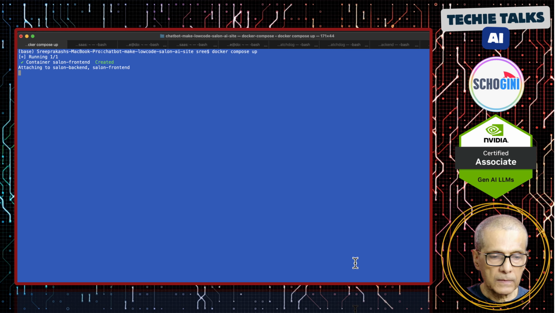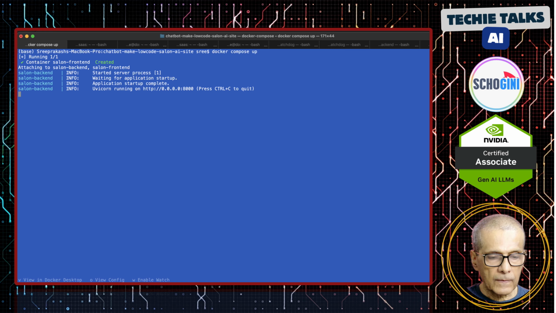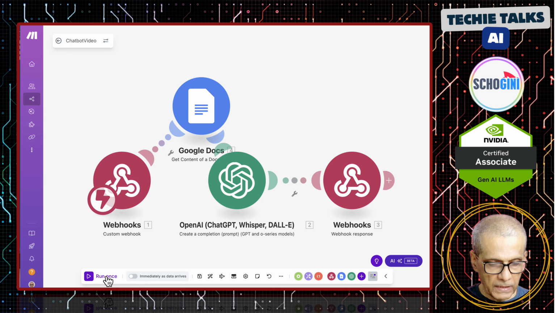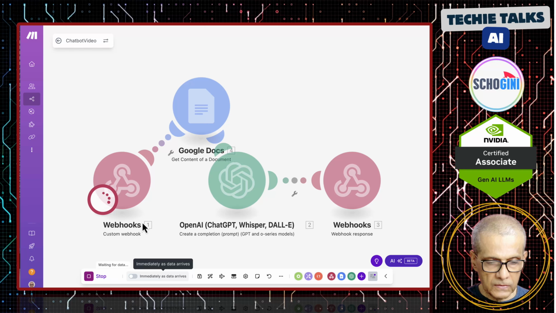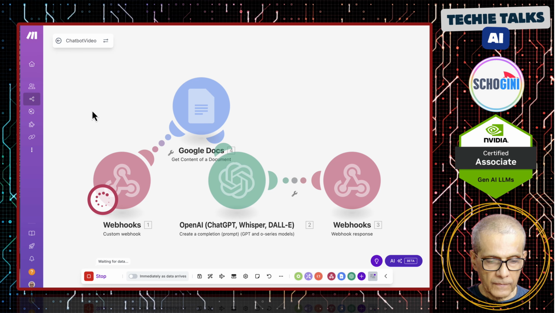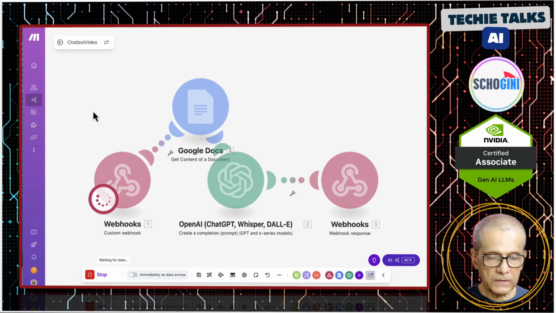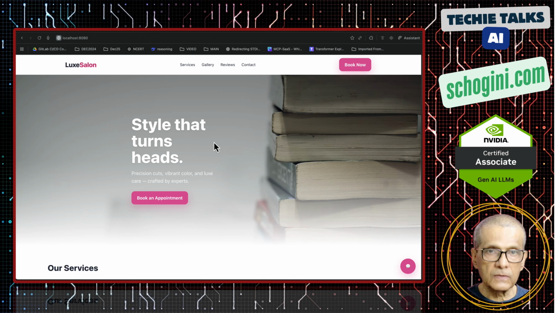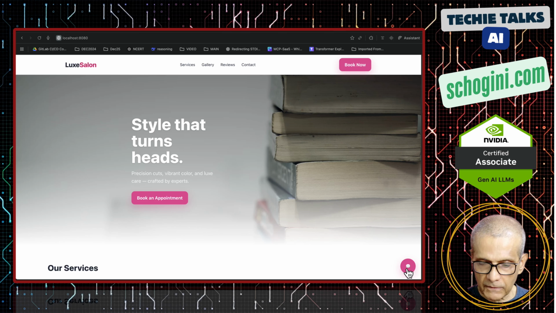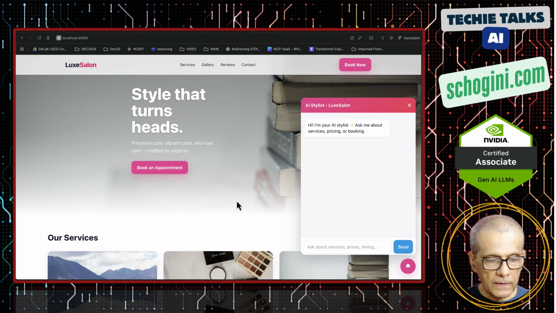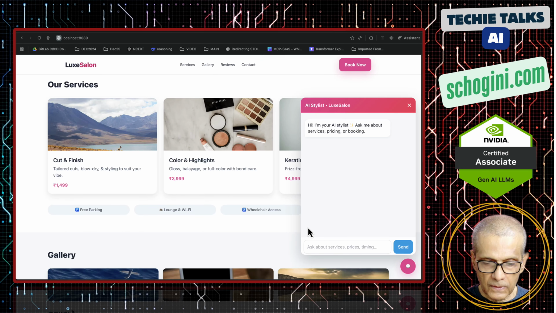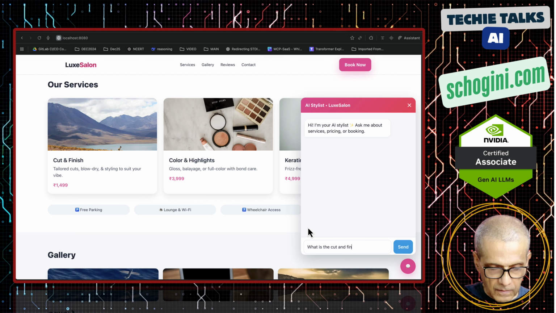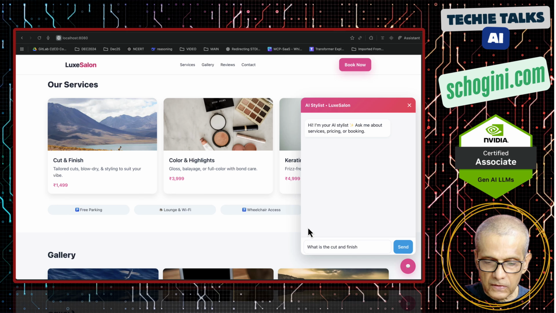Docker Compose up. And in the Make.com scenario, let's run this webhook so that it receives our chatbot requests. Let's reload our website. So this is the sample website and we have our chatbot here. Okay, so what is the cut and finish